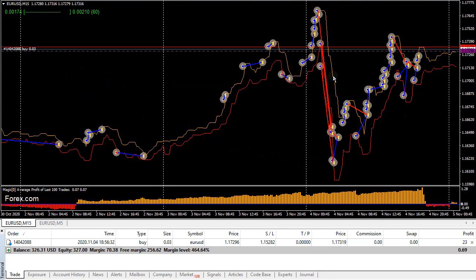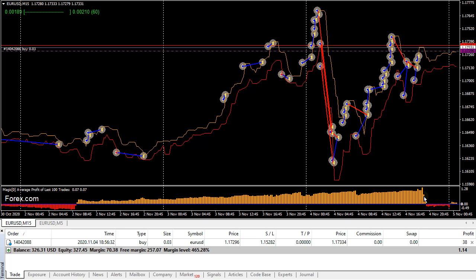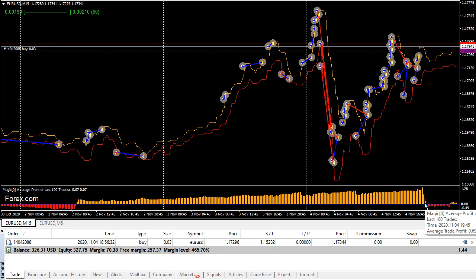The other thing I want to show you is look at my average trade profit, right? This was at the peak. What does this one say? It says my average trade profit was $1.20. So in the last 100 trades, the average profit was $1.20. So basically, I made $120 in the last 100 trades, and then it was like whoop, the first loss, right? Lowered that number way down to 69 cents, and then the second loss. Where is that at? Let's see. 19 cents.